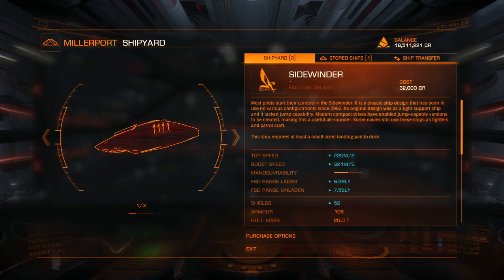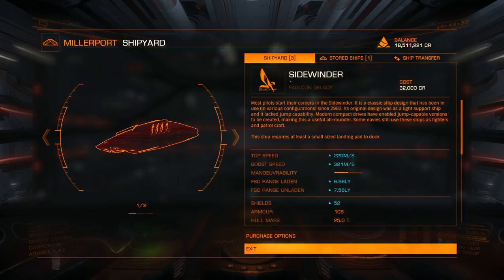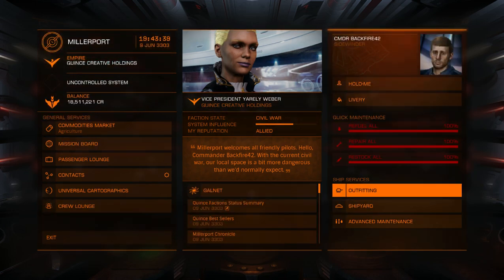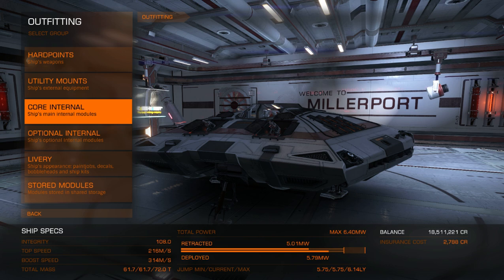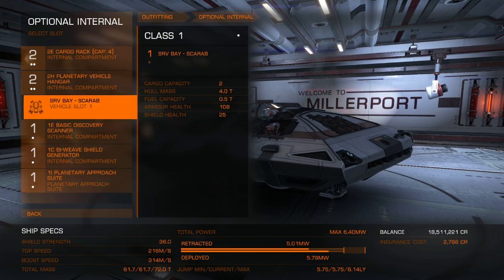Store your old ship. Buy a Sidewinder. I've already bought a Sidewinder. You just need the basic Sidewinder. Don't put anything more in it. It only costs 32,000 credits. The reason for that, I'll get to near the end of the video. But get yourself the Sidewinder. Don't put any new stuff in it, except you've got to make sure that you have a cargo bay